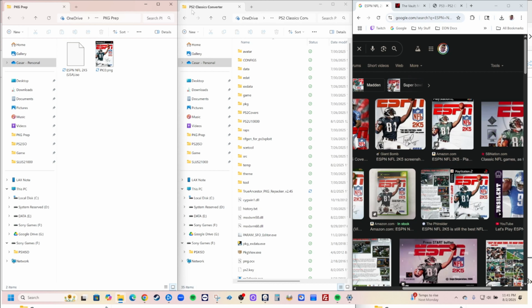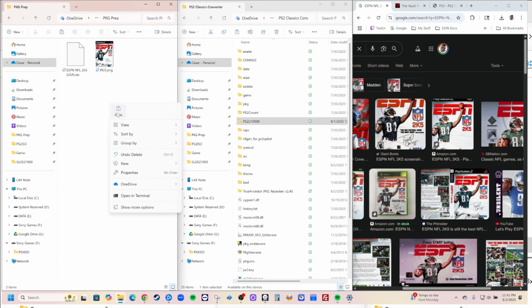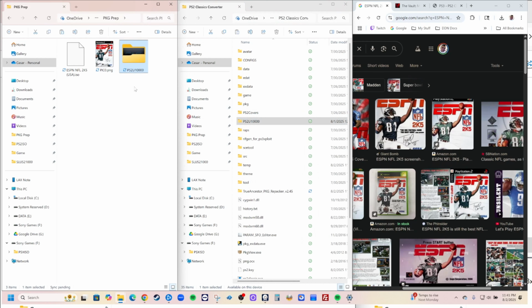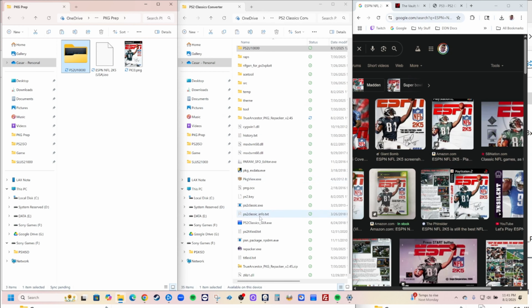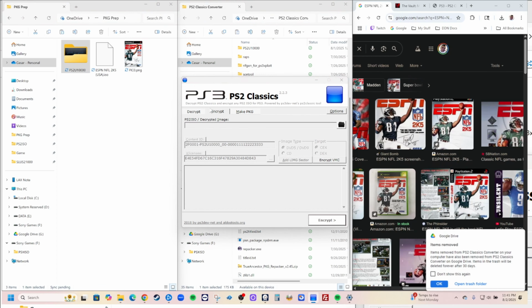So you will go here. Once you have PS2 Classics GUI, I call it the converter. You call it whatever you want. You will need to go ahead and find this file here, make a copy and paste it here. Make sure it's in this area here. Well, once that's done, you can go ahead and scroll down and you'll see PS2 Classics GUI here. So right click, make sure you run as administrator, hit yes if you get prompted, and here you will see